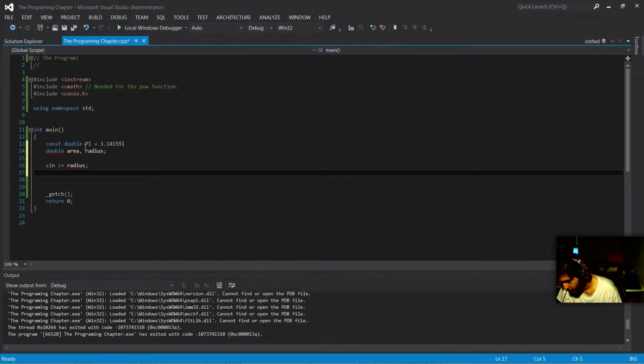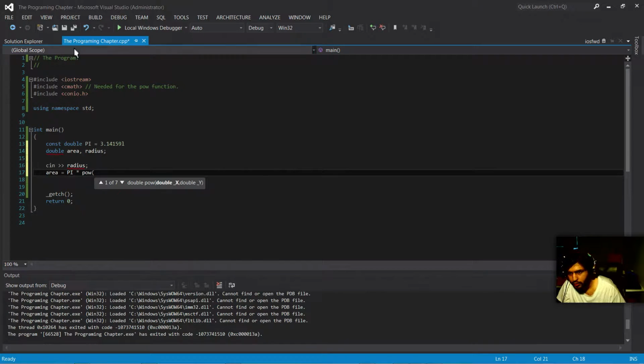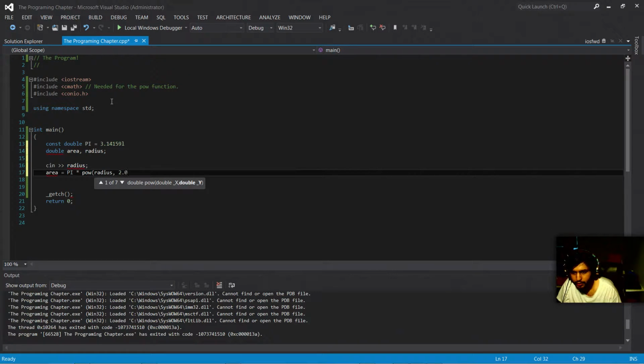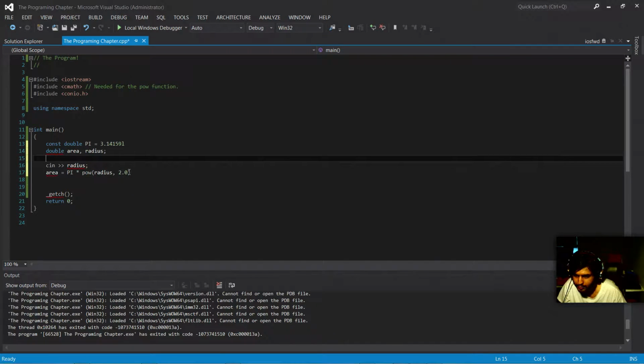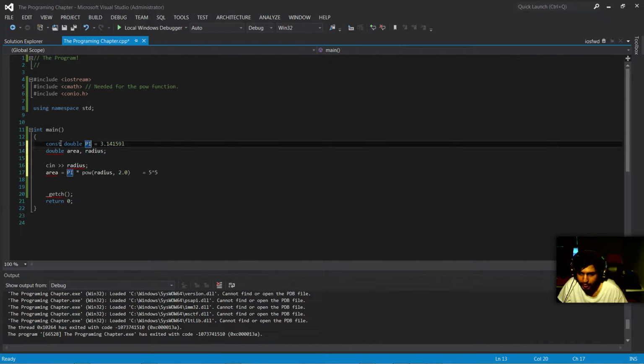And then what we did was we assigned area to pi times pow, which is the reason why we had the cmath library there. And then after that we took the radius that the user entered, and then we turned it to the power of 2. So basically what this did was, let's say that the radius I used was 5. Now that's going to be 5 to the 2 power, which will be 25. And then after it does this, it multiplies it by the value of pi that we assigned on top here, which is